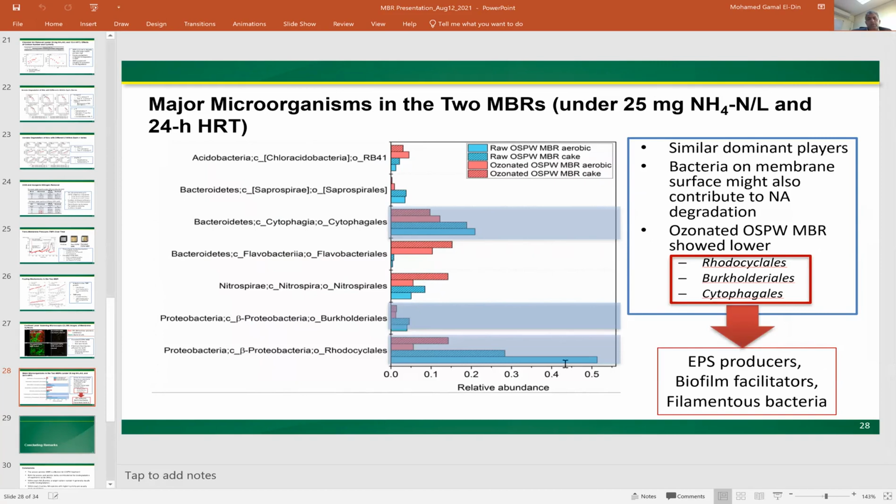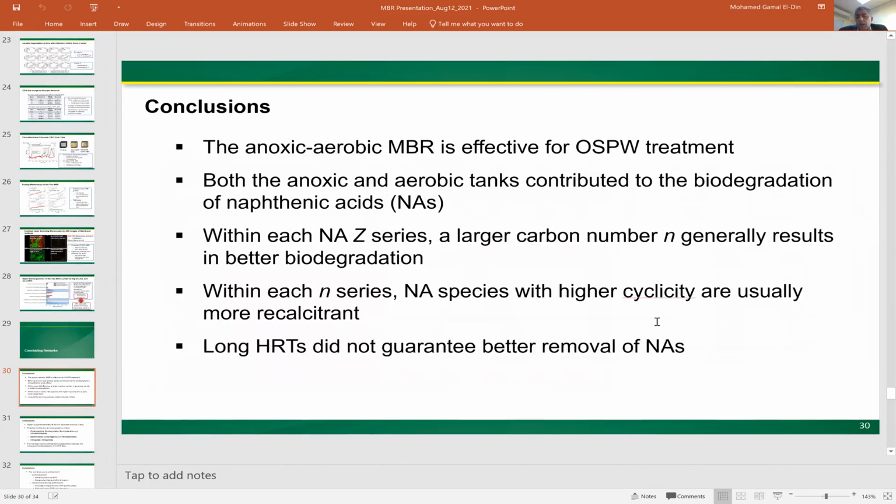To conclude, the anoxic aerobic MBR was effective for OSPW treatment. Both the anoxic and aerobic tanks contribute to the biodegradation of naphthenic acids, among other organics. Within each naphthenic acid class, a large carbon number generally resulted in better biodegradation. Within each carbon number series or class, naphthenic acids with higher cyclicity or more rings were usually more recalcitrant and